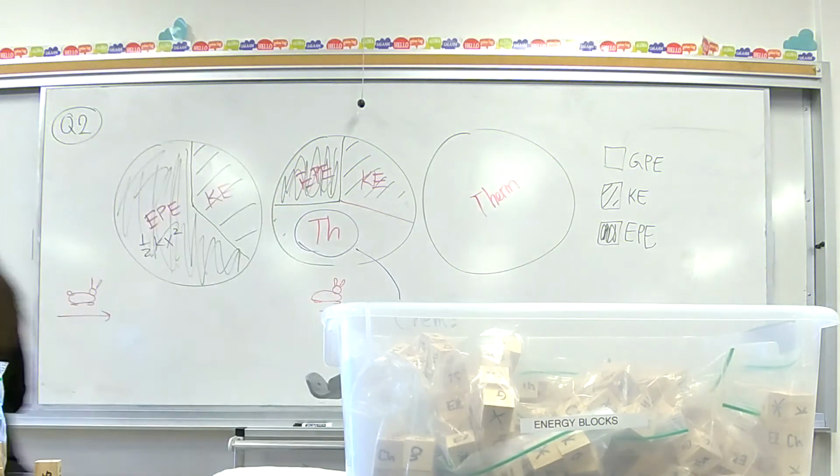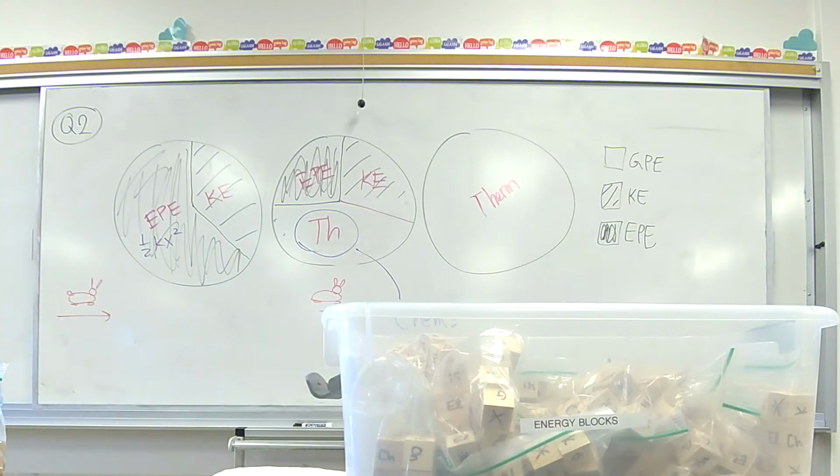So there's going to be gravitational eventually, but to start, it's going to be at the bottom of the ramp first. So you're right, we're going to have kinetic. It doesn't matter how many blocks you put, but I'm going to throw in 2 Ks for kinetic energy. You can put 1,